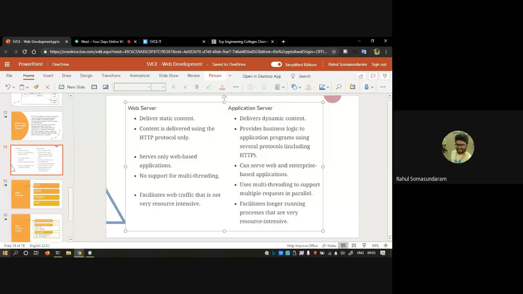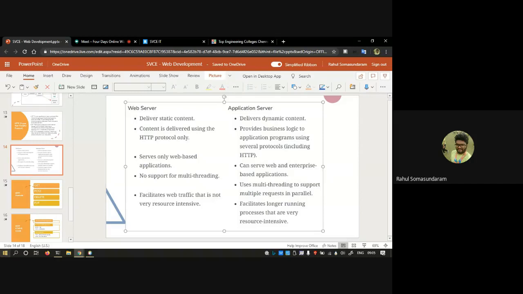Now coming to the third point, it serves only web-based applications, like whatever we are doing for hobby purposes, or you have built a website for your Protocol symposium, or you are writing your own blog. That is for simple personal or light enterprise use, which will mostly be a standard web server. Whereas the big enterprise level, like meet.google.com, Office Online, google.com, facebook.com, everything will come under the application server category. Okay, are you guys aware of multi-threading?